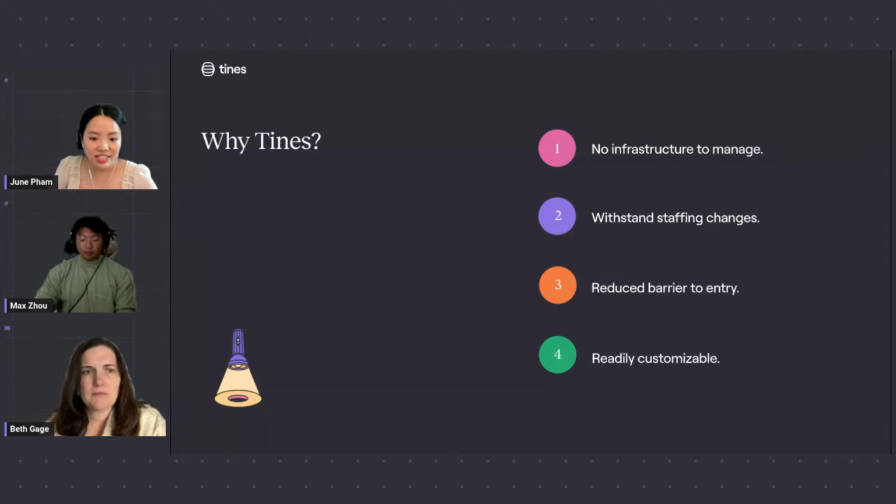The fourth reason is that it is very easily customizable. If you explore Tines, Tines has some functionality for, say, calling HTTP requests, where you can just plug in the URL and the authorization token, and set it up to how your company's requirement is, as well as other UI functionalities that are very easy to just drag and drop in,